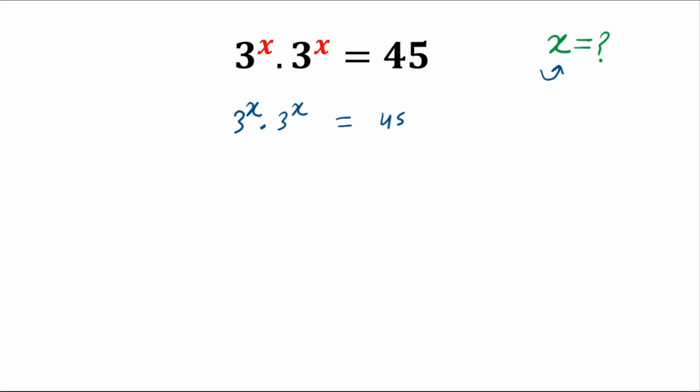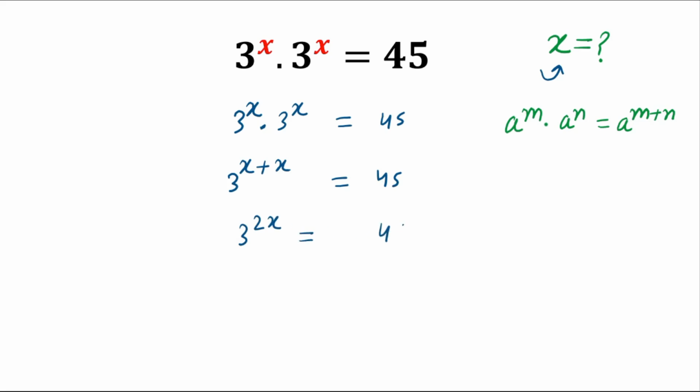On the left hand side, we will apply the base and exponent rule: a power m times a power n is equal to a power m plus n. If we apply this rule on the left hand side, then you can say 3 power x plus x is equal to 45. Now, on the left hand side, x plus x is 2x, so 3 power 2x is equal to 45. Now if we take log on both sides